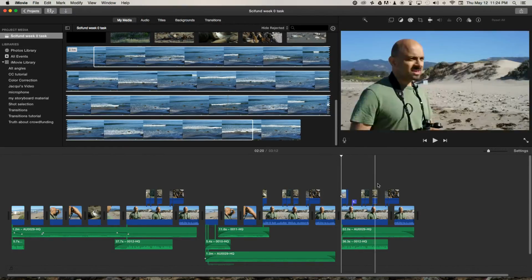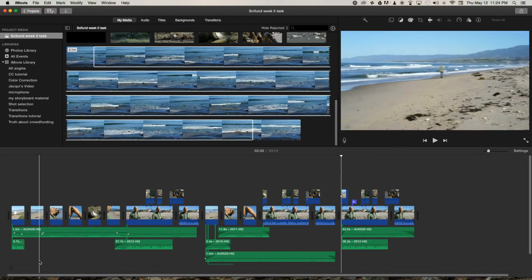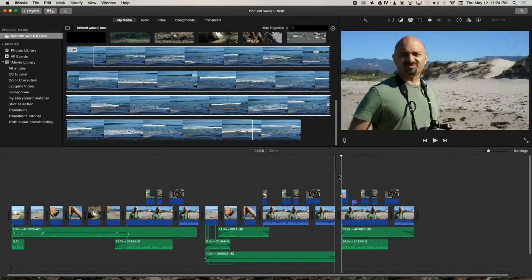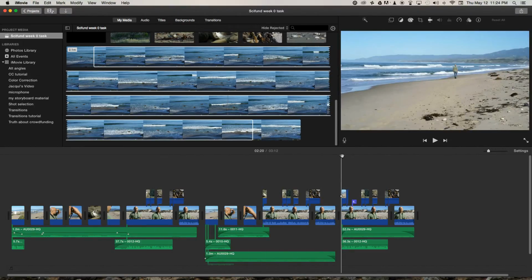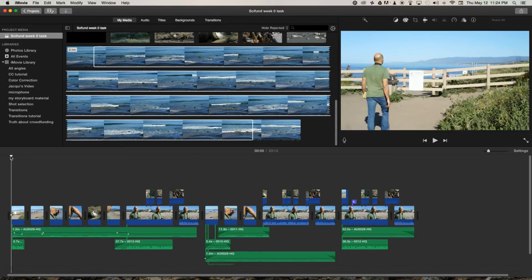So this whole sequence is under a minute long, but yet it contains the same amount of information as this first sequence here. So you can see there's a lot of things that we can cut out that we really don't need. You'll notice that one thing that we've lost is that first bit of audio here where it says,